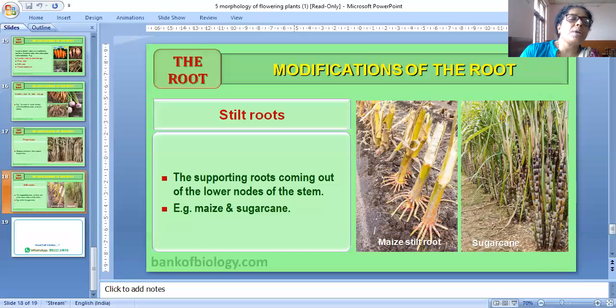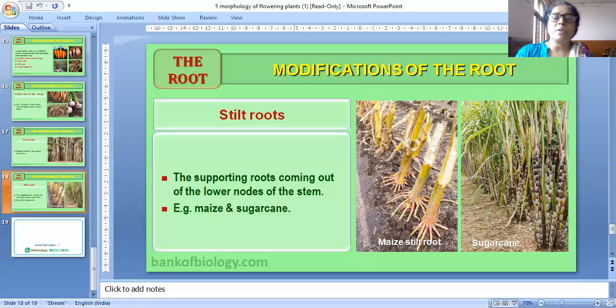When a shoot tip transforms into a flower, it is always solitary. The arrangement of flowers on the floral axis is termed as inflorescence. Depending on whether the apex gets converted into a flower or a group of flowers, two major types of inflorescence are there, racemose and cymose. All of you understood, I think.